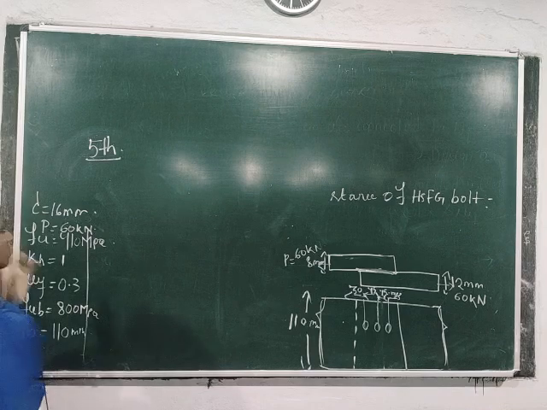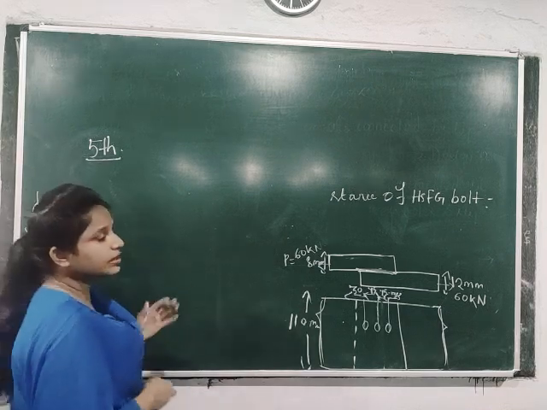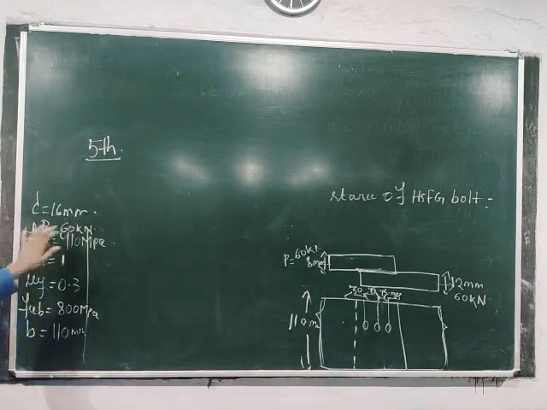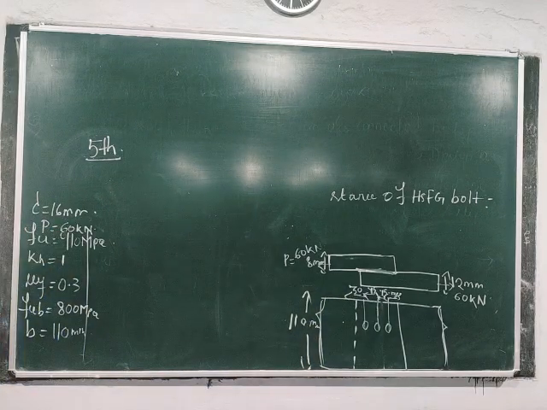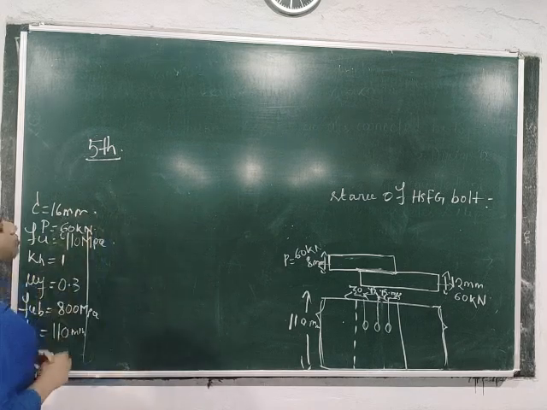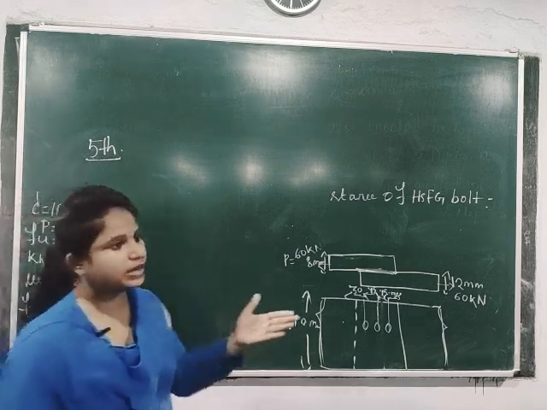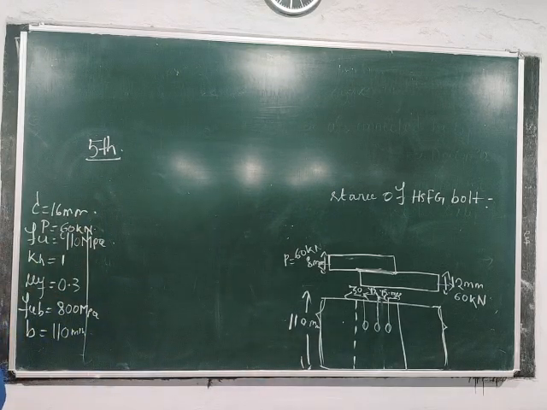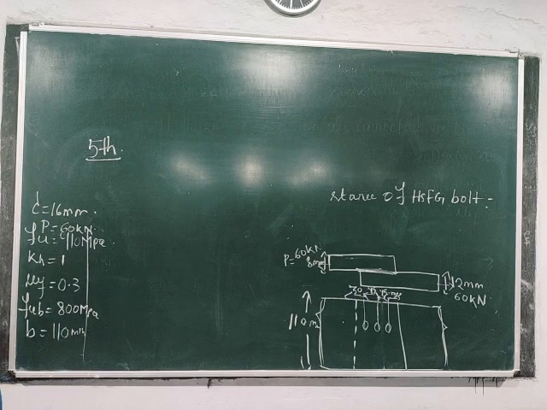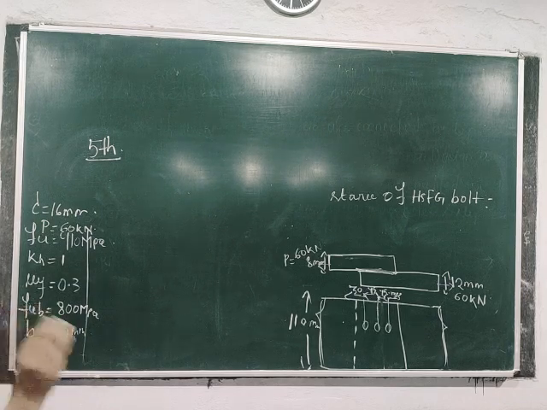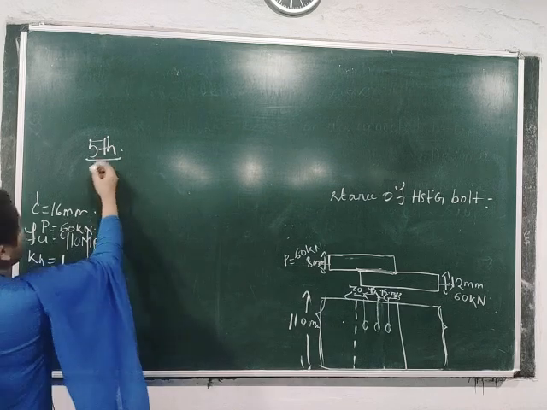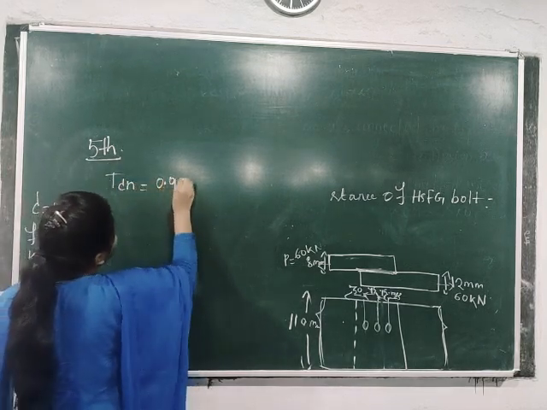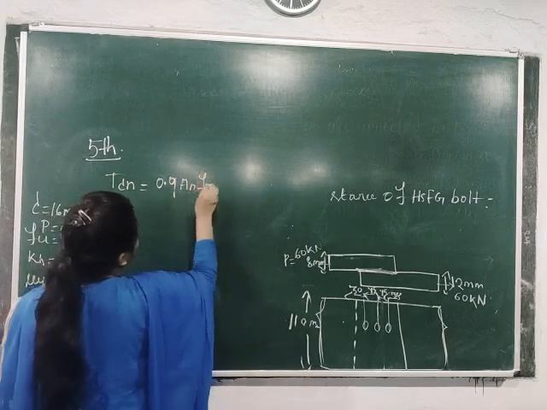Check whether the strength of the joint is coming greater than this 60 kilonewton load or not. To get the strength of the joint, we have to calculate the strength of the bolt and the rupture strength of the plate, and we have already calculated the strength of the bolt in the second step. So the remaining part is the rupture strength of the plate, that is 0.9 into An into Fu by gamma ml.